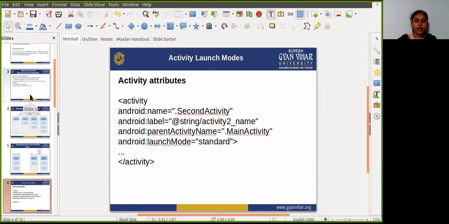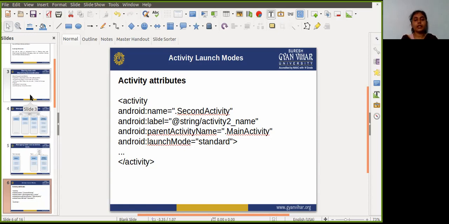Next one is the activity attribute. To define a launch mode for an activity, add the android:launchMode attribute to the activity element in the Android manifest file. This is an example of code showing how we write the launch mode attribute inside the activity tag.